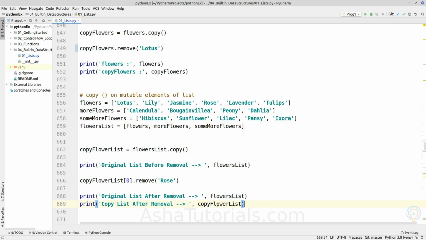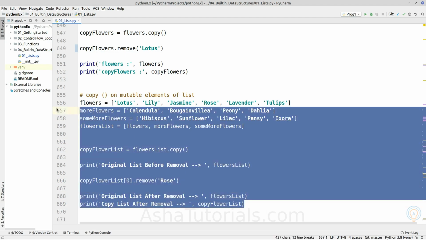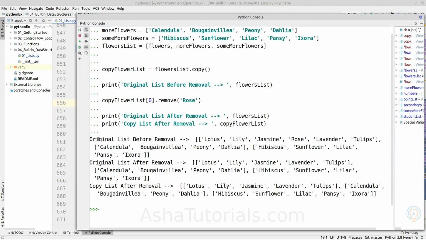So if we print both lists after removing one element from any of the lists, it will affect both lists. As we can see, rose is removed from both lists. Why?